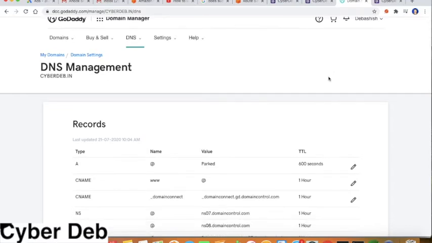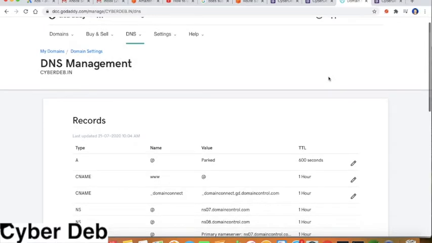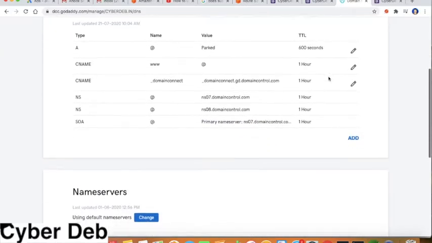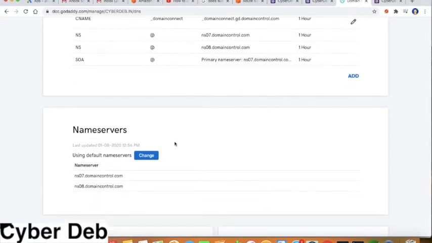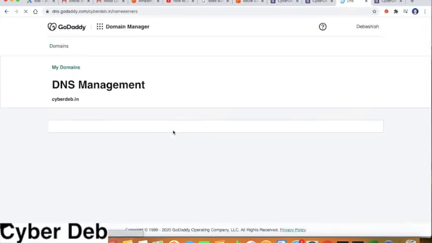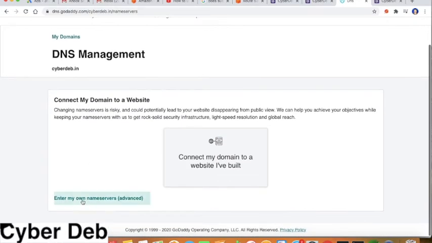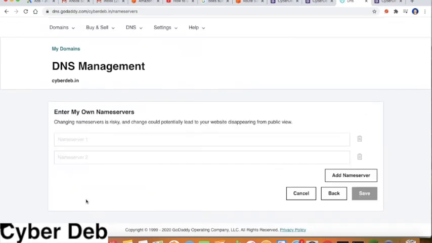Then in your list of domains you will have DNS. Then you can go to the DNS management. Here GoDaddy already had the default name servers that you have to change. Click on the change button, then click on enter my own name server.